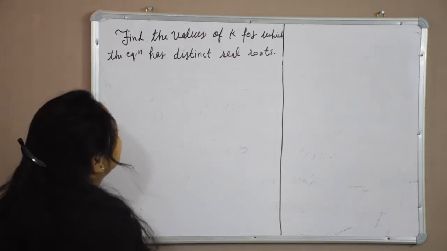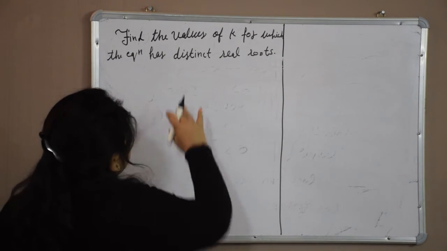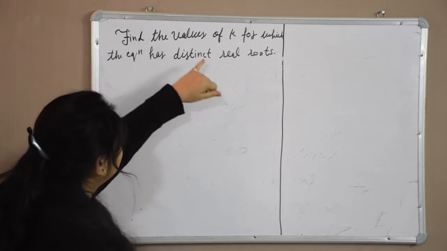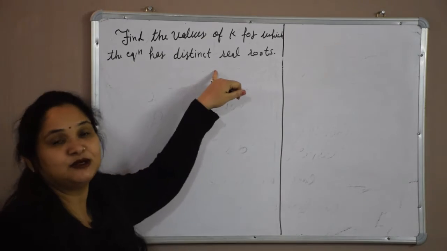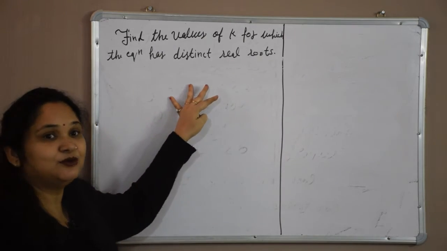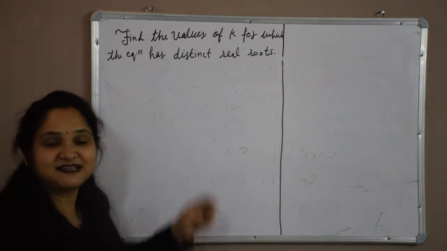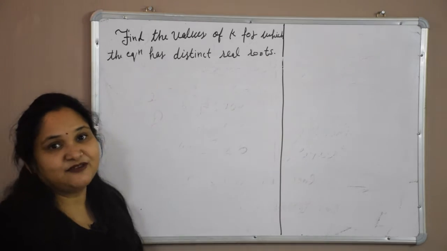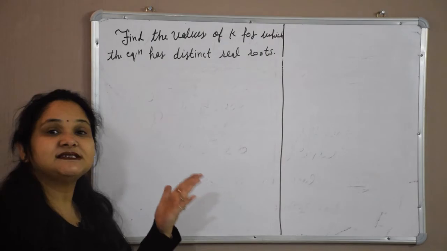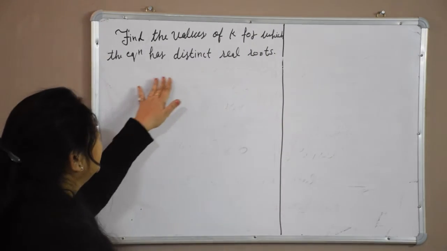Now we will take another category of questions, and that is: find the values of k for which the equation has distinct real roots. Till now we have done find the value of k for which the equation has equal roots. That we know how we can do. In that we have to equate D equal to 0. But here, find the values of k for which the equation has distinct real roots, and we know that for real roots D is greater than or equal to 0. If D is equal to 0, then also it has real roots. So we have to take D